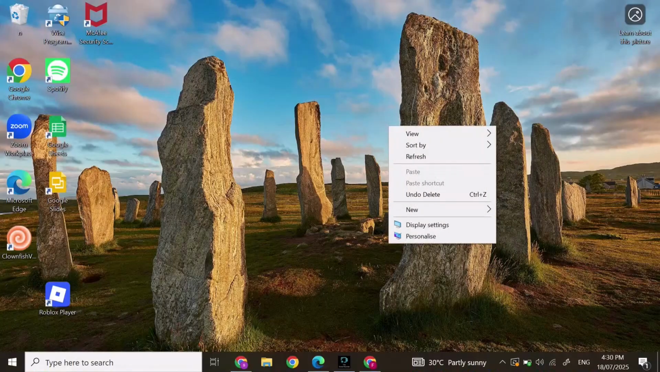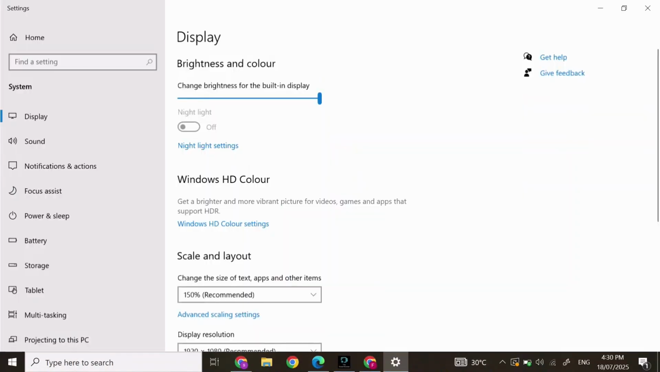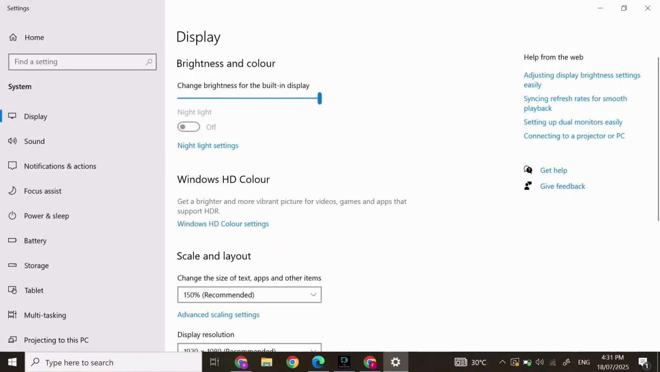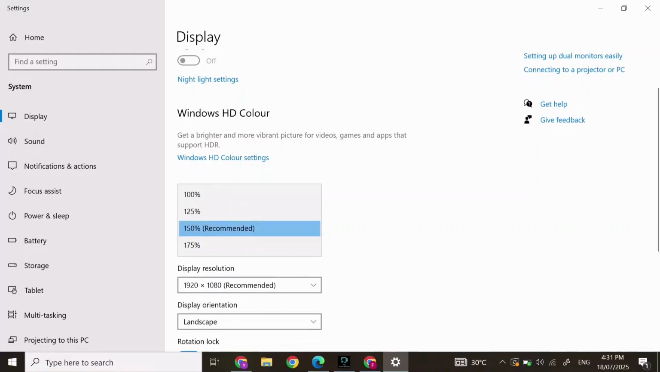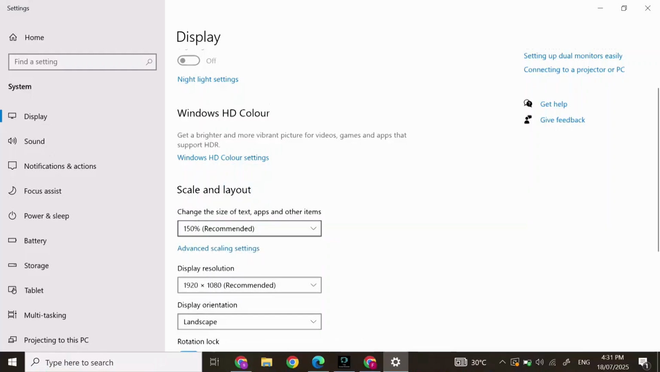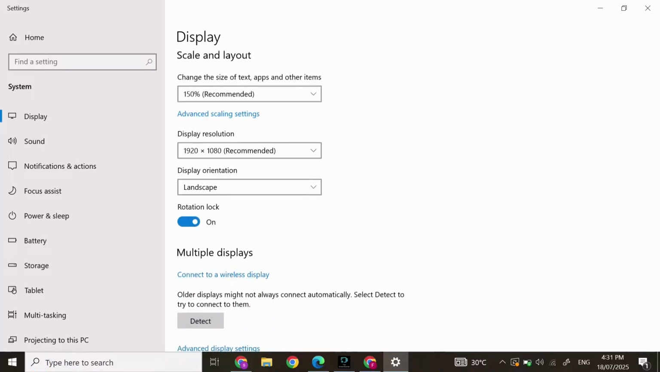After that, right-click on your display and click on Display Settings. You will be led to this page. In here, scroll down and click on Scale and Layout. Make sure your scale and layout is the recommended one. As you can see, 150% is recommended. After you've done that,